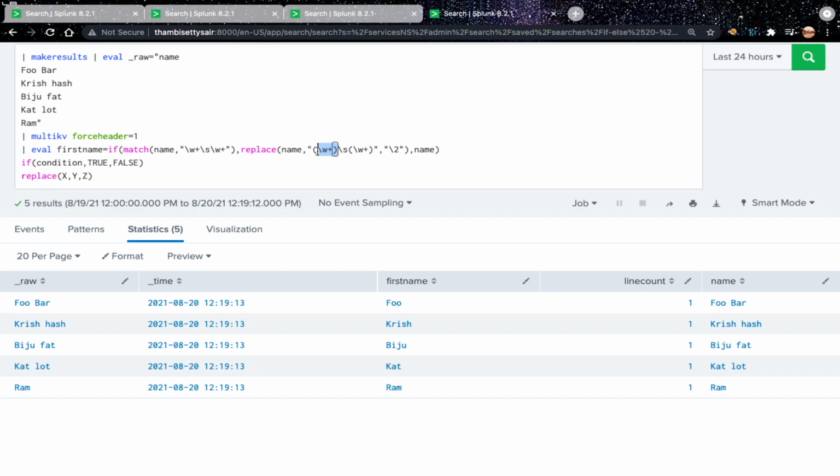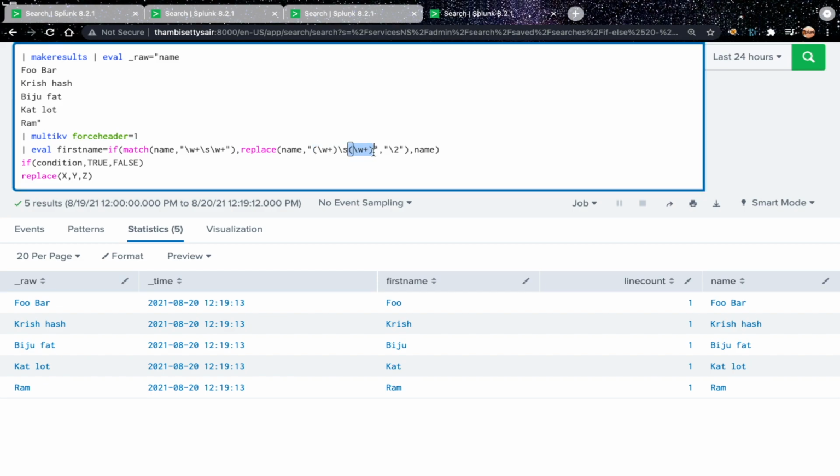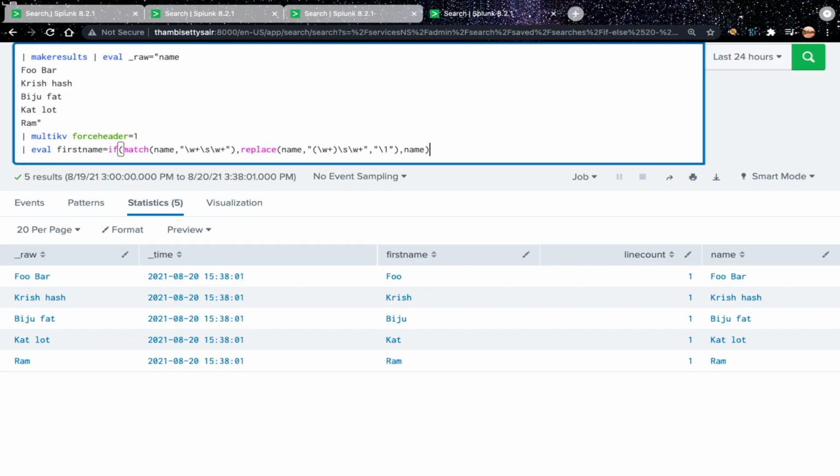This can be called using backslash 1, and this can be called using backslash 2. For example, if there is one more captured group like this, that can be called using backslash 3. So the substituting string backslash 1 will extract the value of the first captured group from the name field and assign values to the first name field. Let's run this.